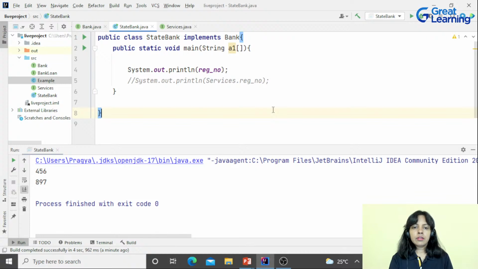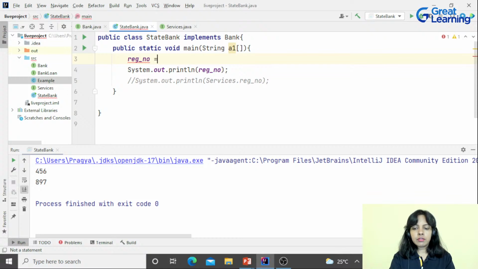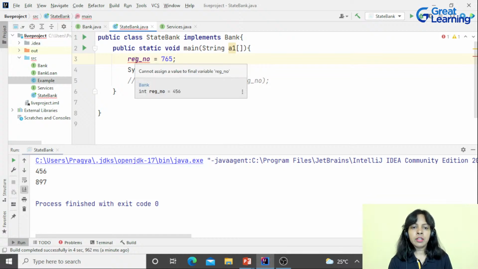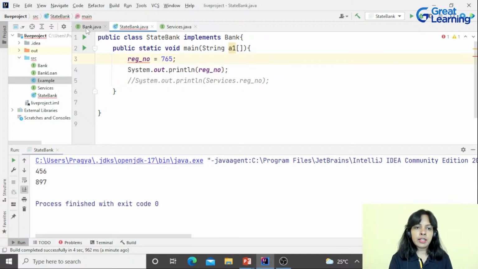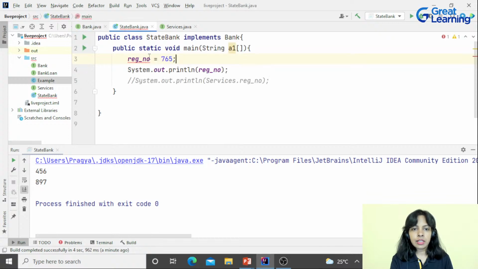Now if I try to change the value of this variable, I want to assign it something like this. It is throwing me a compile time error itself. This red line means compile time error; it says cannot assign a value to a final variable. I have not declared it as final, but by default it is a final variable. I cannot change its value in this class.